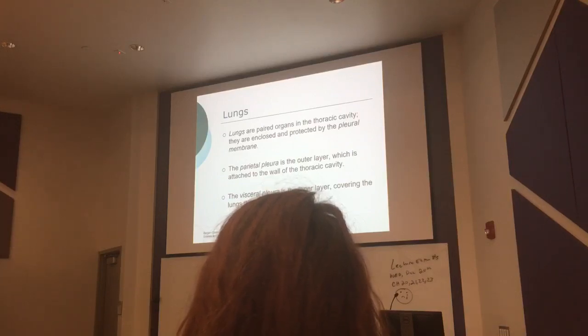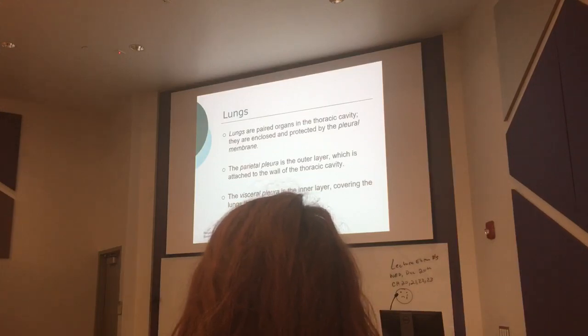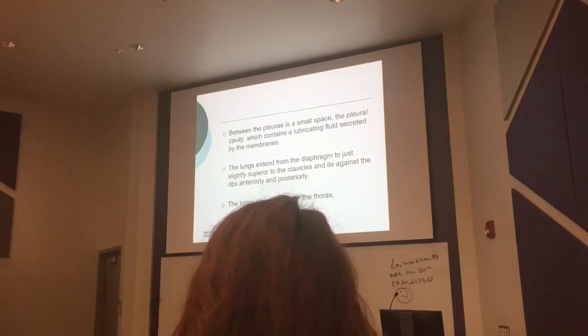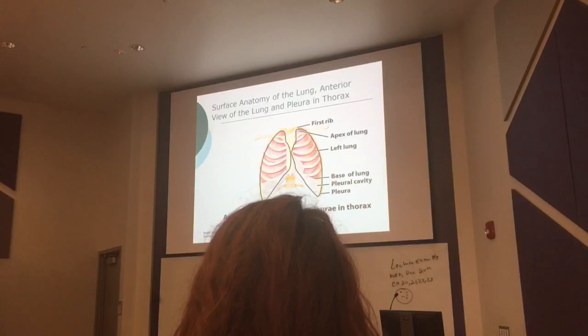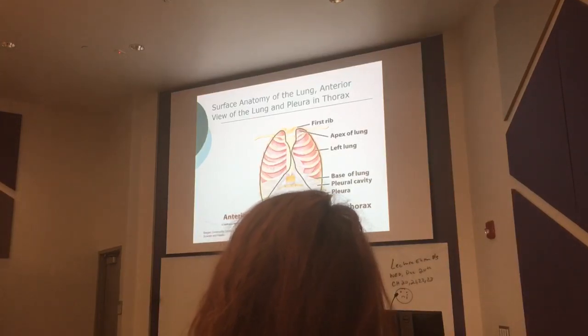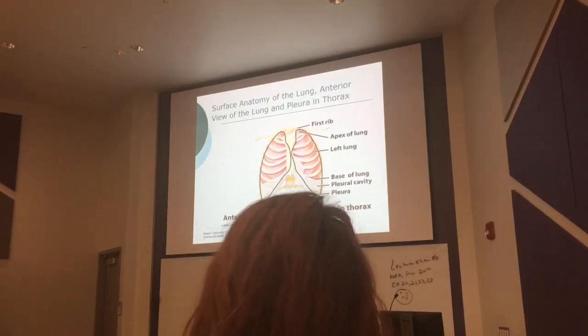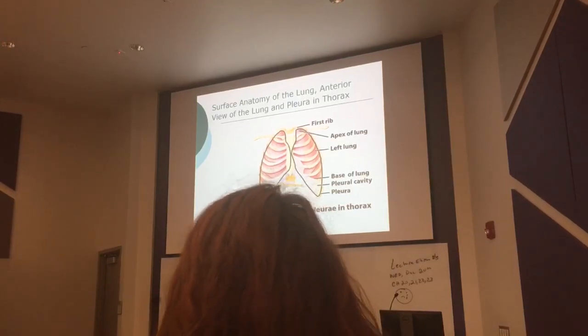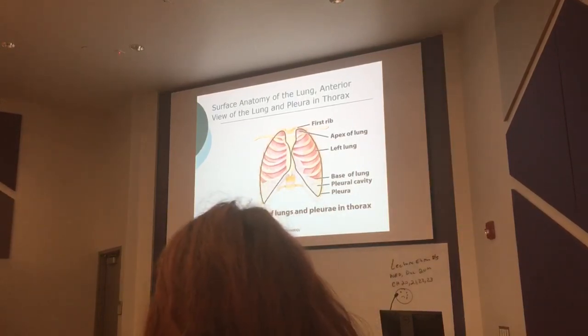The outer part is going to be connective tissue, and the inner line is going to be parietal pleura, and then the visceral portion is very, very lubricated. That's going to be touching the muscle. So the pleural cavity secretes lubricating fluid so it doesn't rub. When you take a deep breath, the lungs fill that whole thoracic cavity, go above the clavicles and all the way down to the ribs. And when you breathe out, the air comes out.